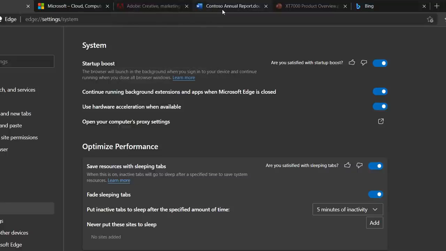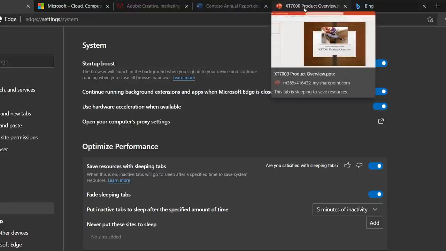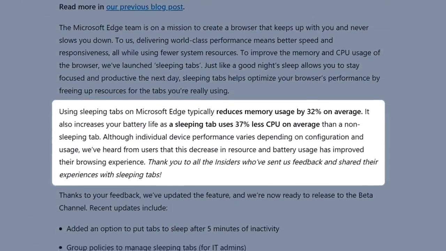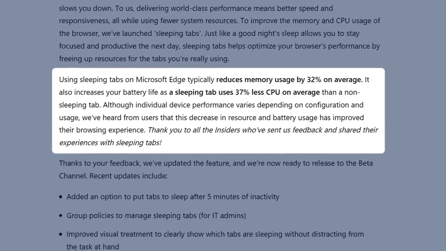And the same is true for these tabs with Microsoft Word as I hover over it, and this one for PowerPoint. In fact, when we introduced this, we saw an average savings of 32% for memory and 37% for CPU usage. Now, all these optimizations combined from the OS and apps, as you can imagine, also equate to longer battery life. And I know that for performance, in the past we've shown these super fast sub 15-second cold boot times,